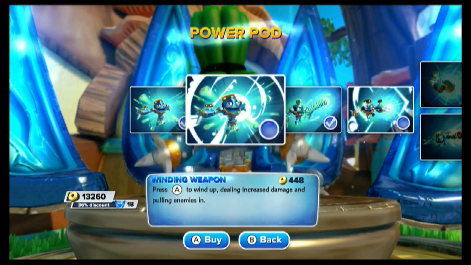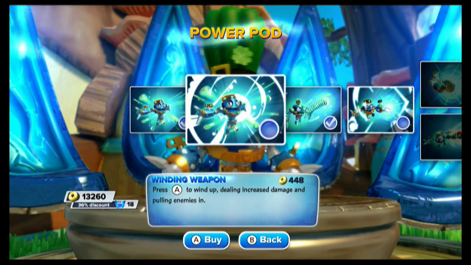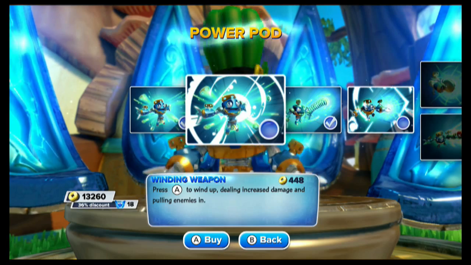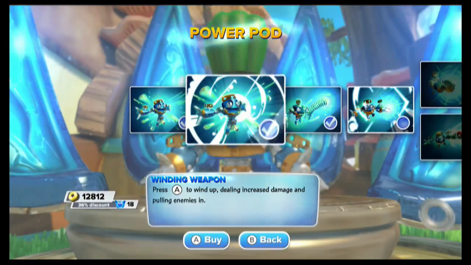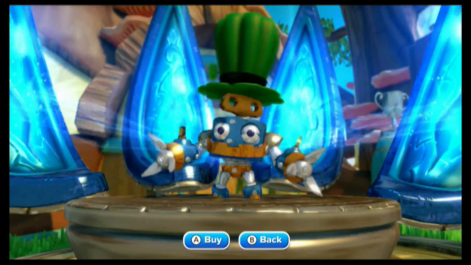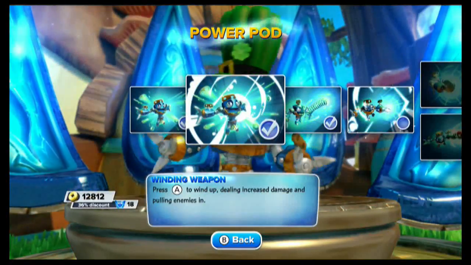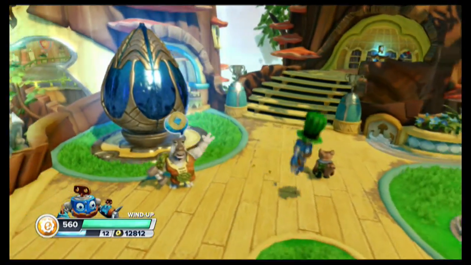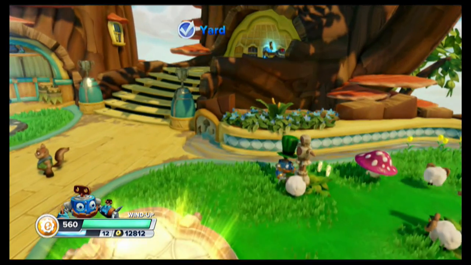That said, Winding Weapon is his second base upgrade. It is $448 with our discount. Press A to wind up, dealing increased damage, and this is a key element, pulling enemies in. Now, that is a good thing, and it can also be a bad thing. Obviously, it's a good thing if you're going to kill them, i.e. choppies. It's a bad thing if you wind up getting, you know, uncranked and you got some tough enemies there that have to rewind. So, anyway,